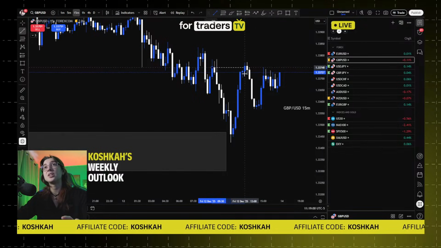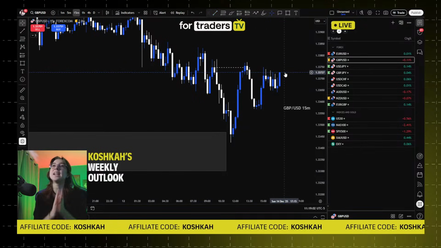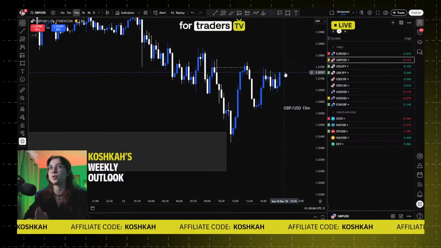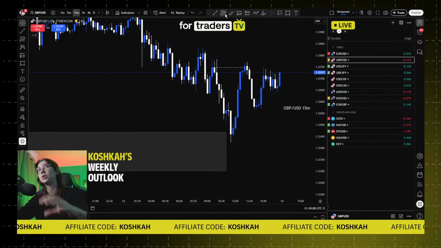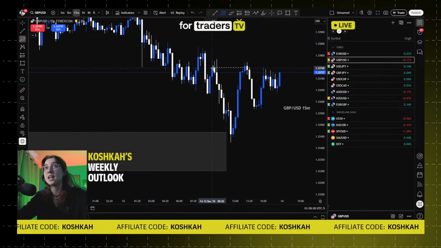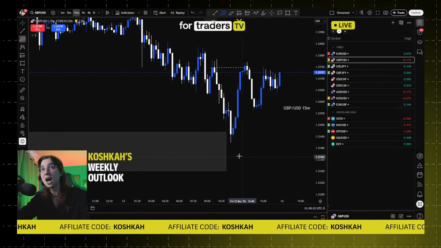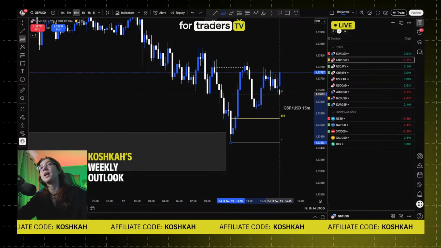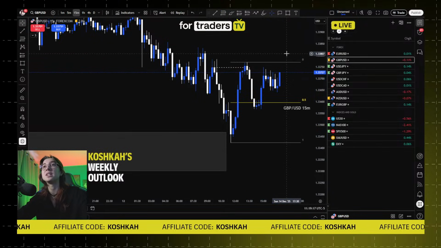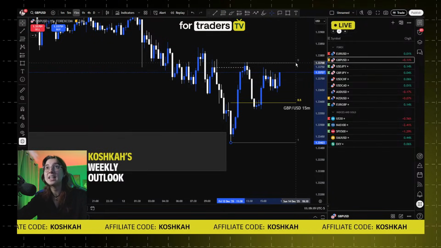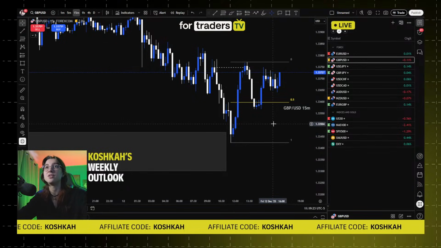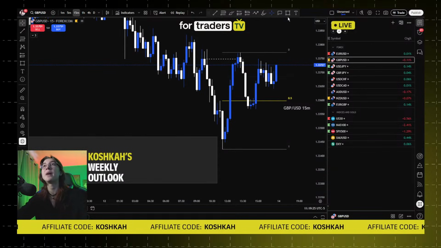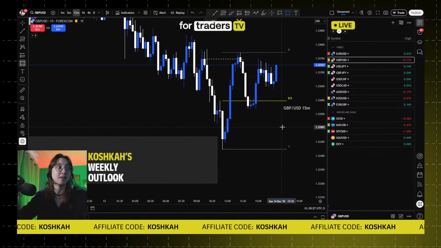As you can see right here, this is the high I needed to break. Again, I identify my breaks of structure, change of character, whatever, from a body closure to another body closure. In this case, this is now the change of character / break to the upside. Then I can take my Fibonacci from the bottom to the top, as you can see exactly right here, and I can identify my valid points of interest again.